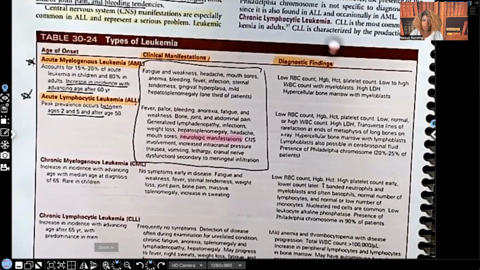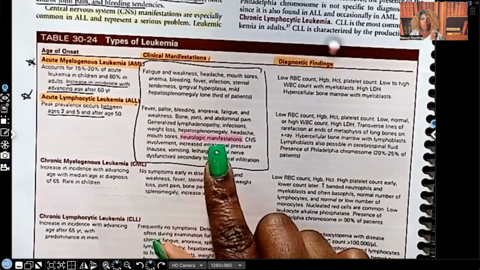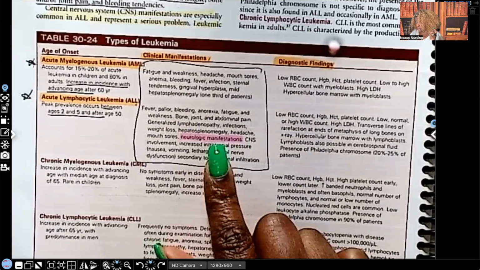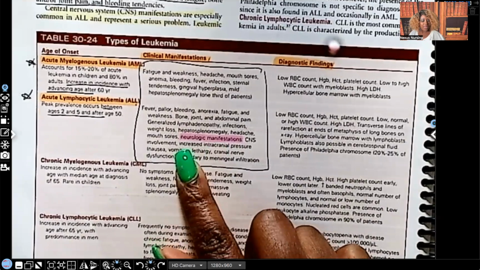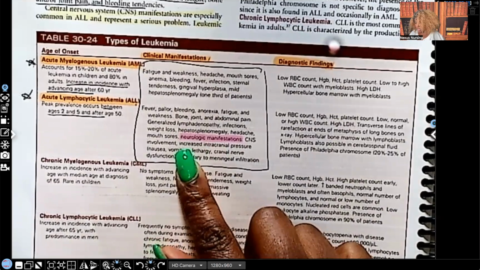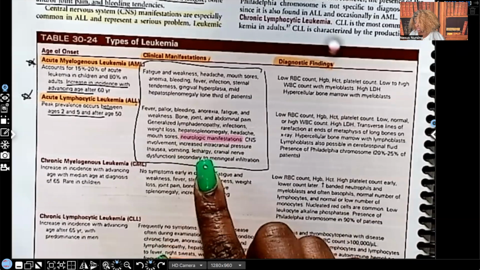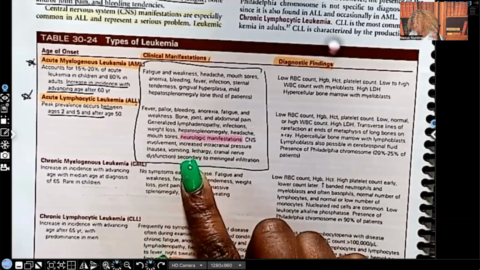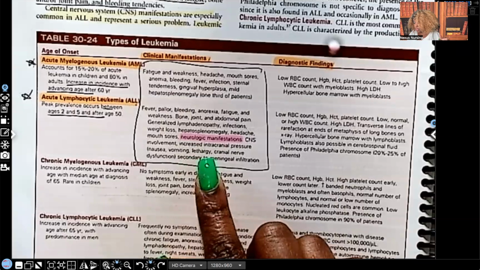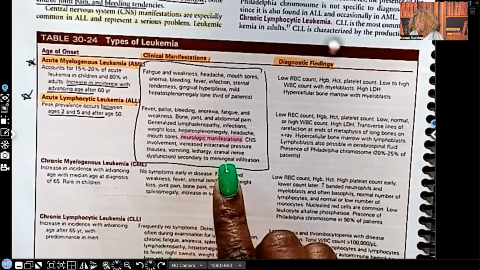Something I want to bring to your attention, I'm not going to read all of this, guys, you can read that on your own. But when it comes to the ALL, remember the ALL, we see this more in what? Children, right? Look at these neurological manifestations, CNS involvement. And whenever the CNS is involved, you're expecting to see a decrease in cognition and how the person thinks. Look at this increased intracranial pressure, and that could cause the nausea, vomiting, lethargy, cranial nerve dysfunction, secondary to meningeal